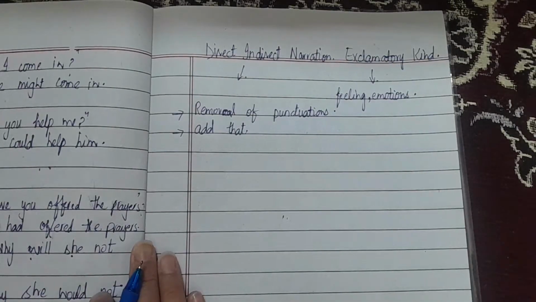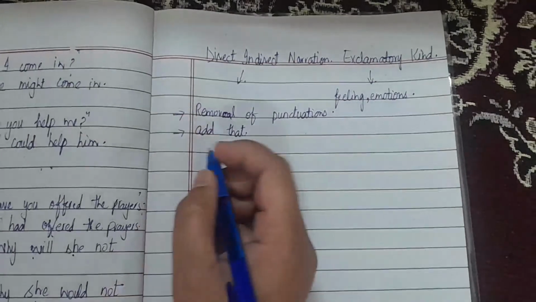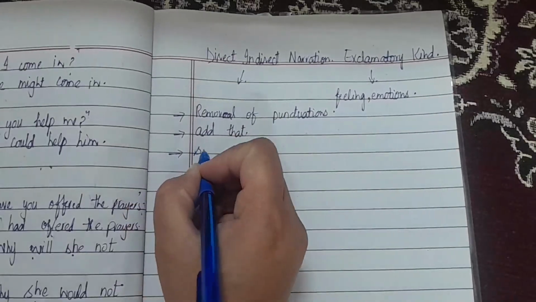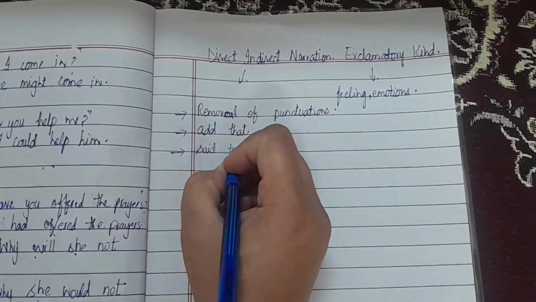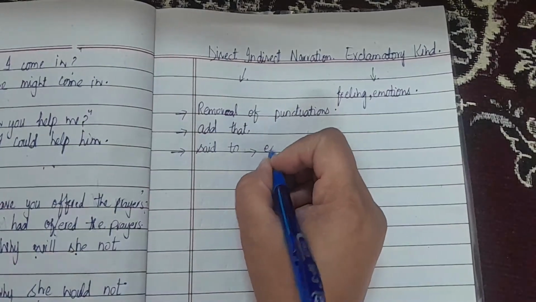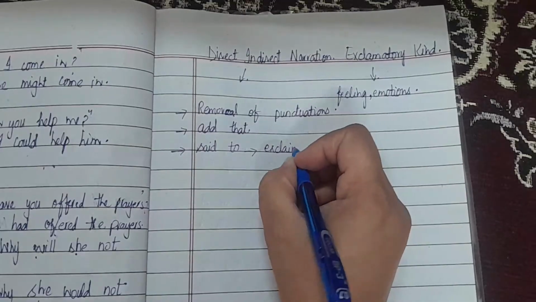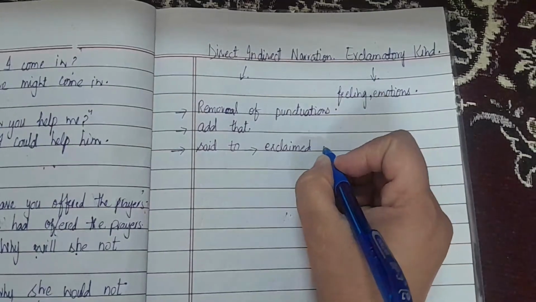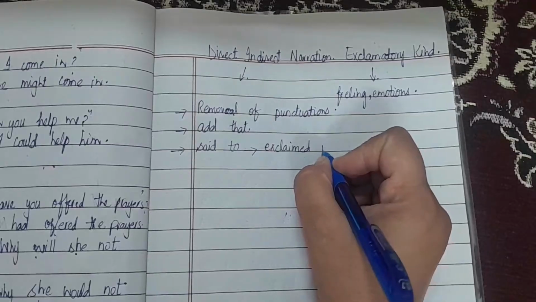Exclamatory sentences are the feelings and emotions that are expressed, and while changing direct narration into indirect narration, first of all we'll go for the removal of punctuation marks, then we'll definitely add that. Then the reporting verb said to is going to be changed into exclaimed with sorrow